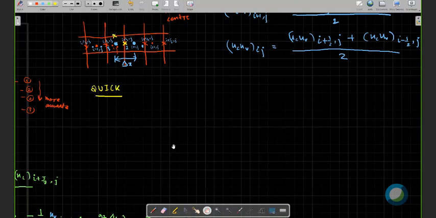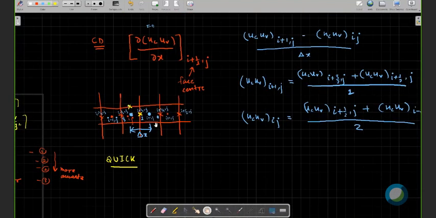Now, before going to that, in this central difference, whenever you have taken this average, for example for I plus j, you have taken this point and this point, right? And there was a profile. What was the profile? Average profile. So average profile means it is like horizontal, some constant value. So this is the profile for central difference.